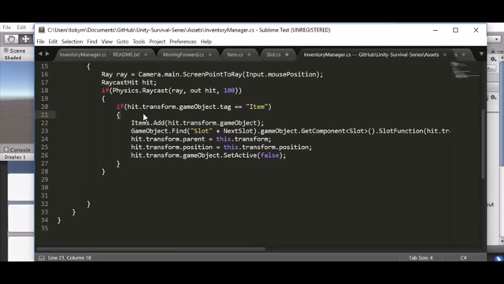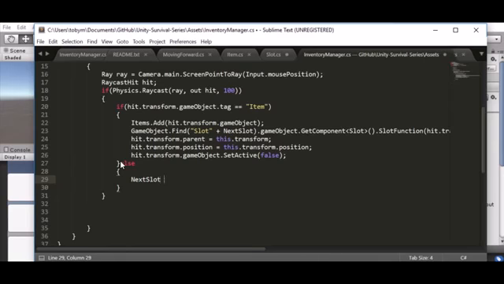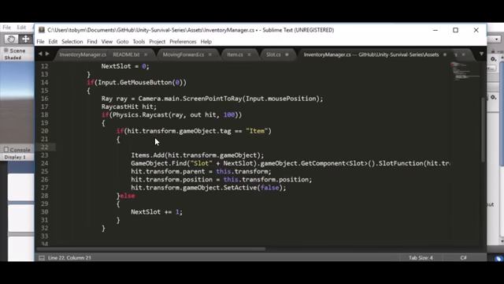You want to say else next slot plus equals 1. And we're also going to say, in the hit transform,